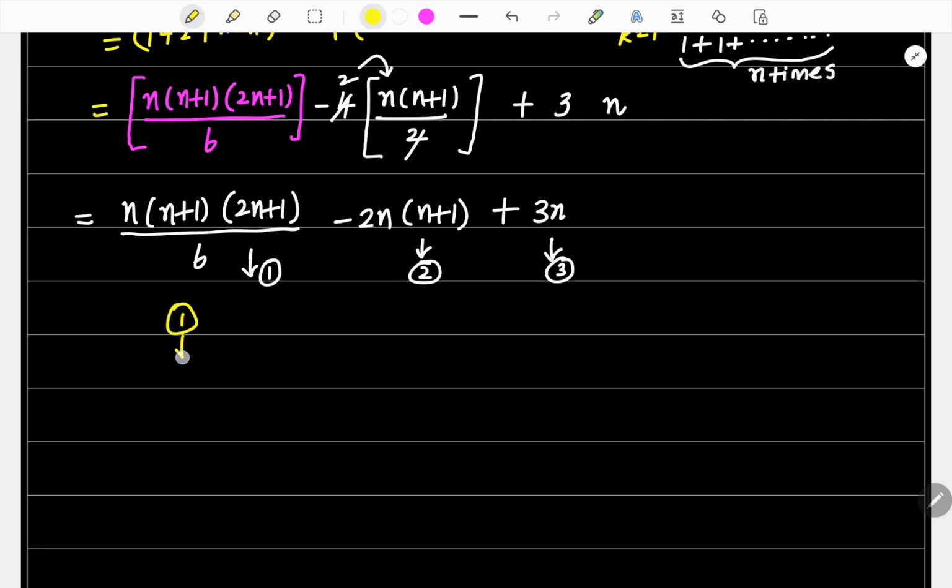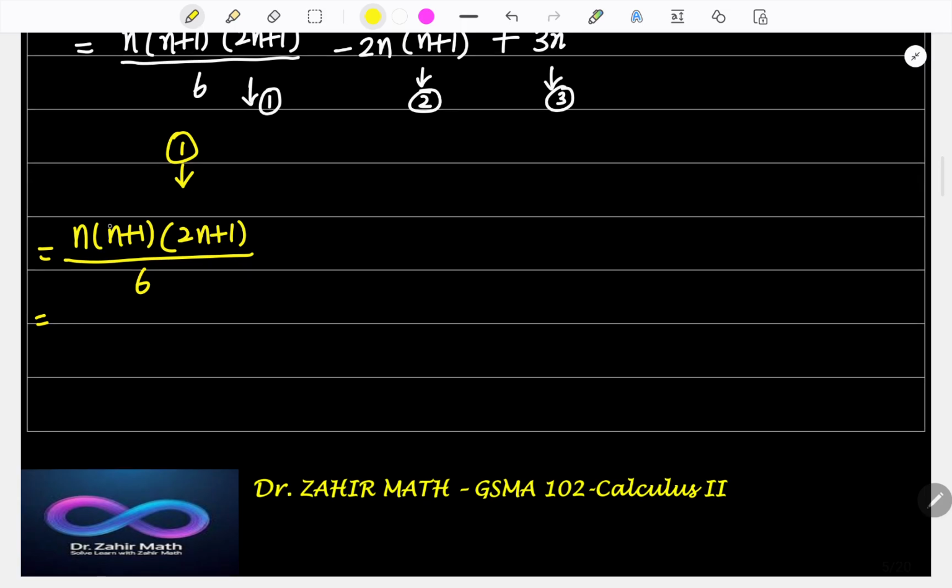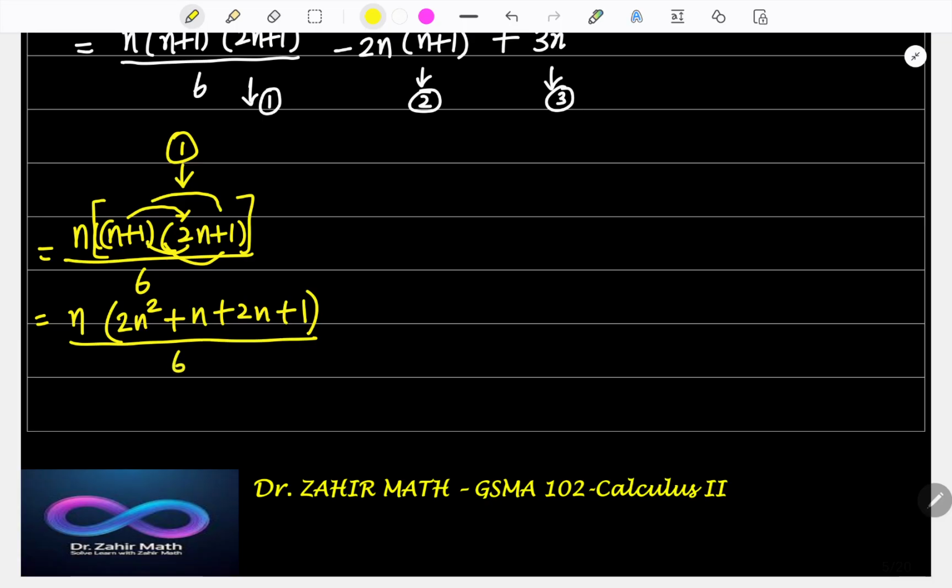The first one, I'm going to do it here: n times n plus 1 times 2n plus 1 divided by 6. Right. So what's happened? You first multiply these two things. n into 2n gives 2n square. n into 1 is n. 1 into 2n is 2n. 1 into 1 is 1. All these things, there is an outside n, divided by 6. This equals n, bracket open,